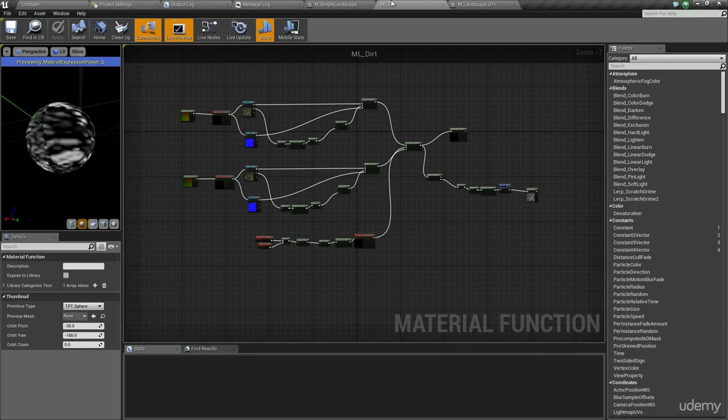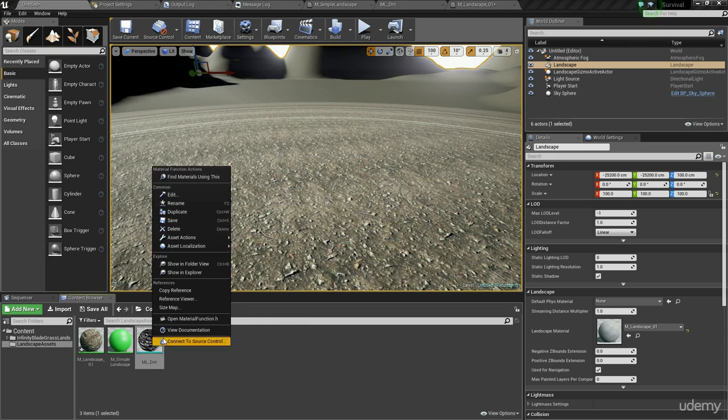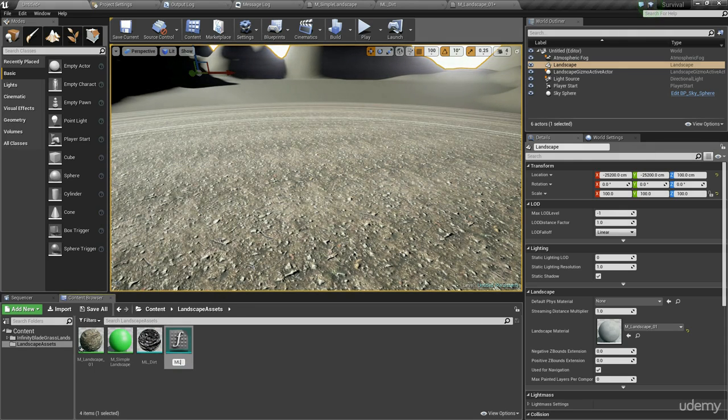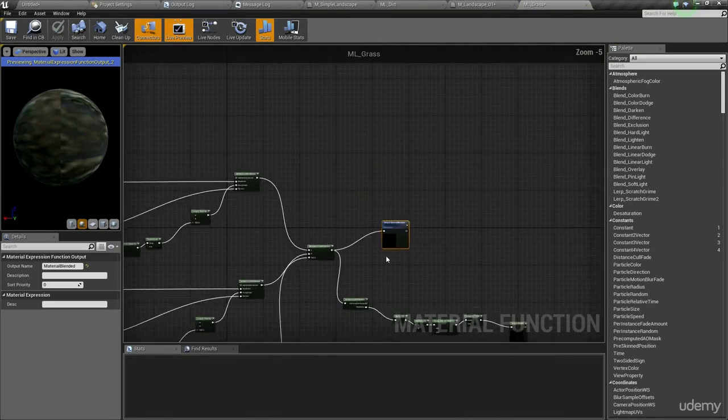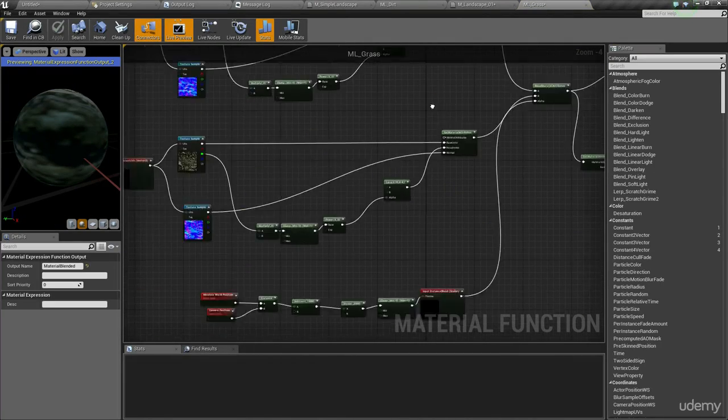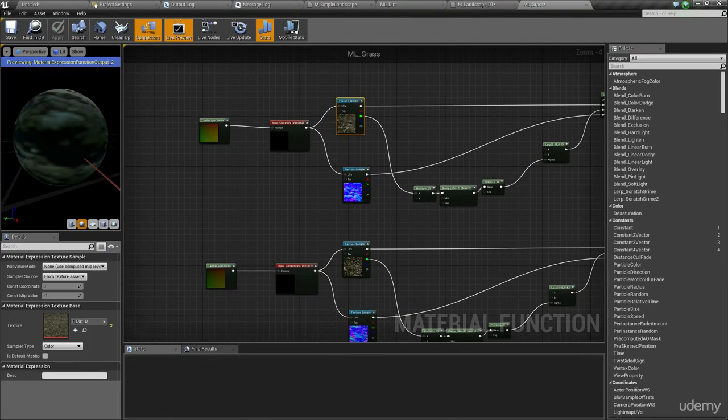So we've created a dirt material. What I'm going to do now is quickly duplicate this, and this one will be actual ML grass. And I'm going to double click on that. So we've created this. I'm next going to quickly set these textures over to the grass textures that I want to use. So the grass textures are